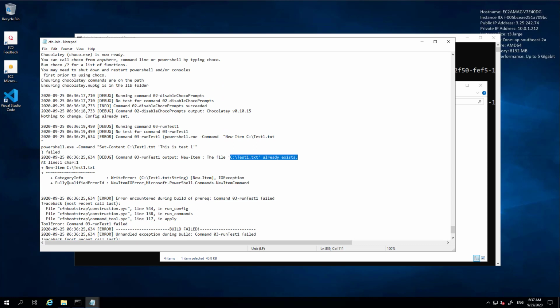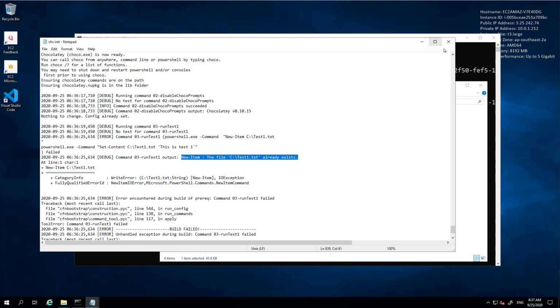The reason for this is that in the first run of cfn-init, this already got created, and in the subsequent run, you need to have this new item. When you create it, you need to force the PowerShell output in a way that it recreates this file. It's an obvious bug, but now you know how to test this when it gets executed